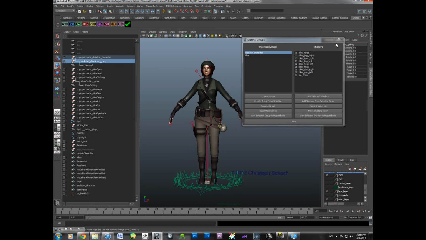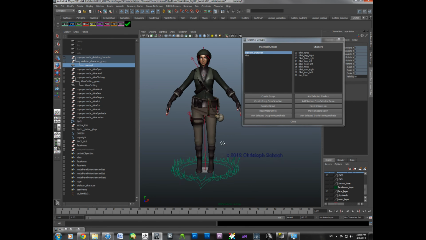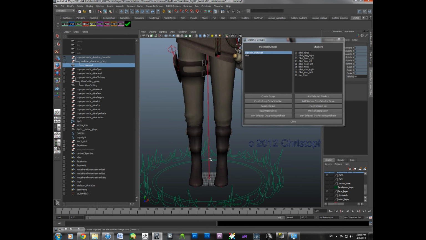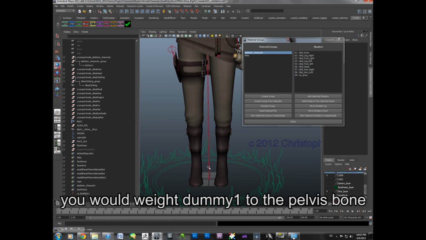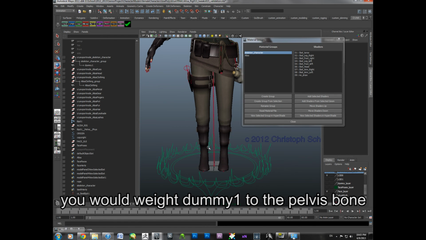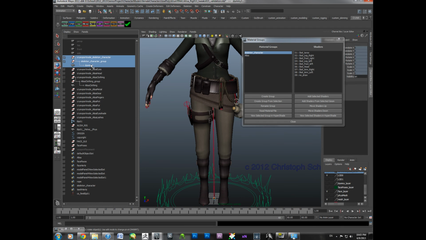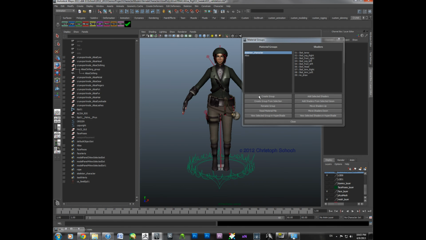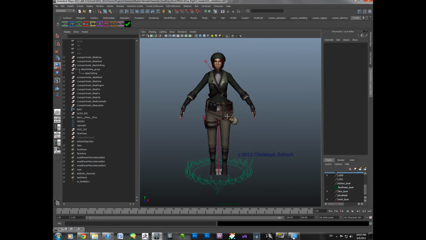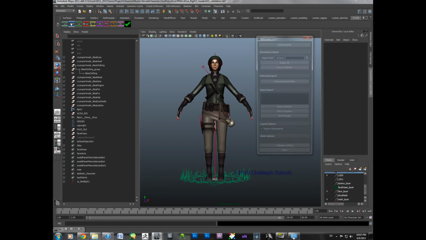Now I'm aware that there's going to be an error that occurs simply because of this triangle, because right now I have it weighted to the root bone, I think, and it does not like you exporting the skeleton if anything's weighted to your root. So I'm actually just going to delete this and not export it, just for the sake of showing what we're doing. Anyway, so once you have everything set up, all your materials and whatnot, you go into your export now,